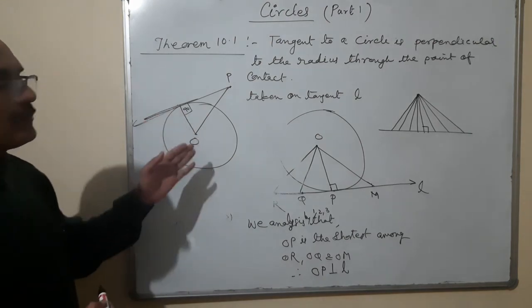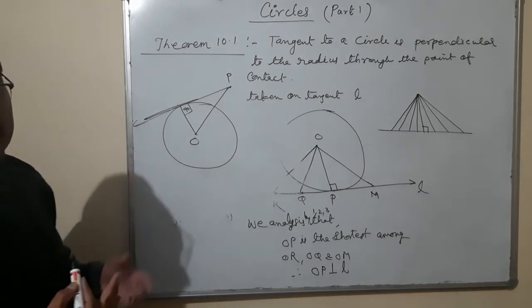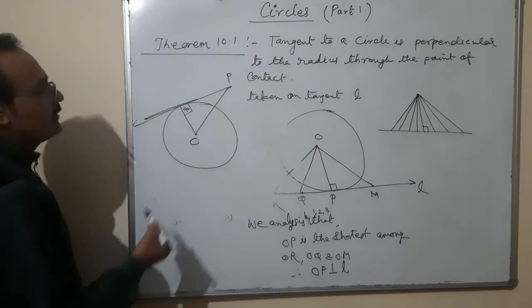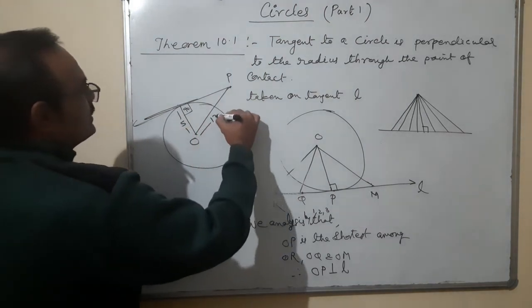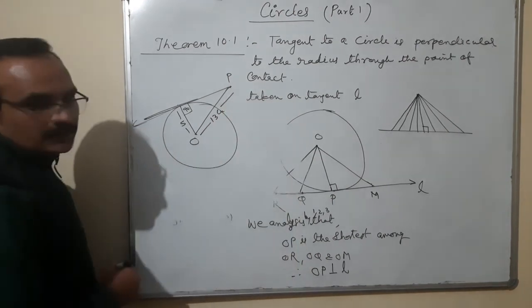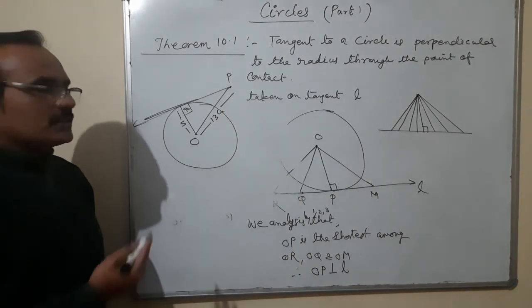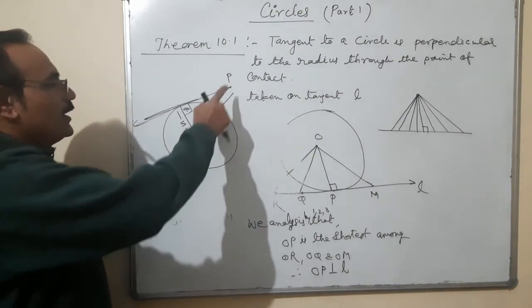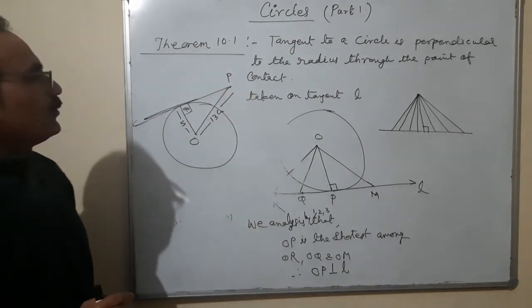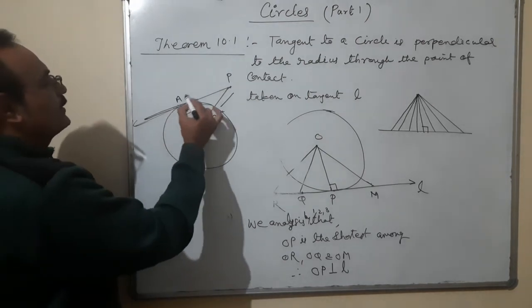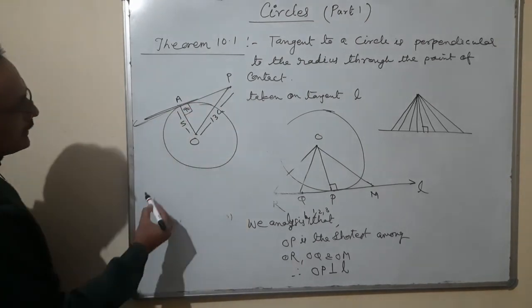Out of the 3 sides, if any 2 are given, with the help of the Pythagoras theorem you can find the length of the third side. Suppose it is 5, and this distance is 13 centimeters. For example, the radius of the circle is 5 centimeters and the point P on the tangent to the circle has OP equal to 13 centimeters. Then what is the length AP? Okay, then in triangle